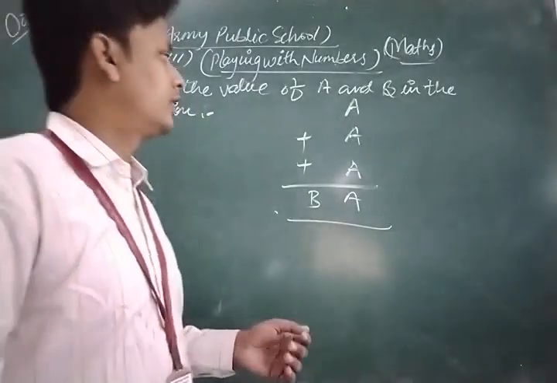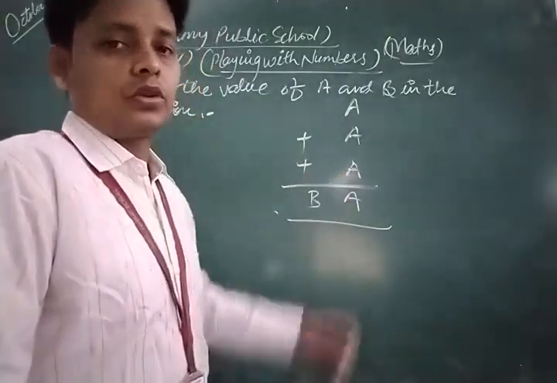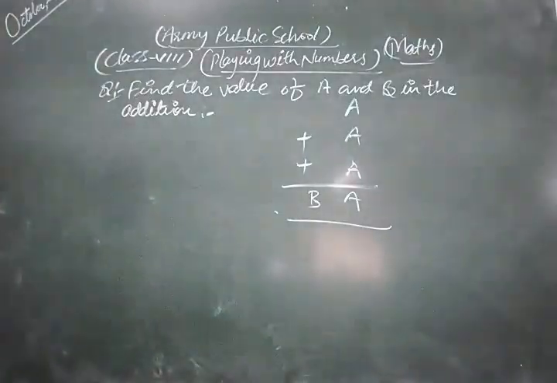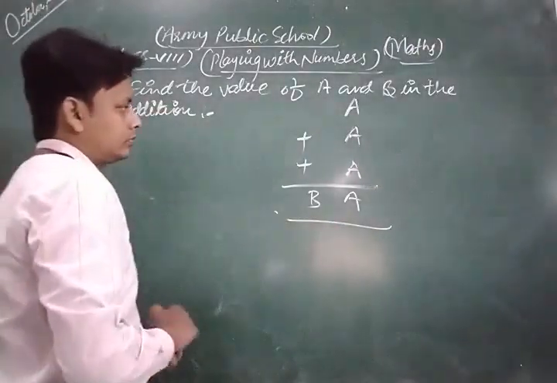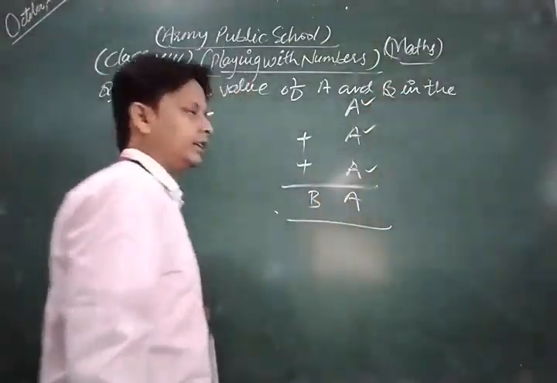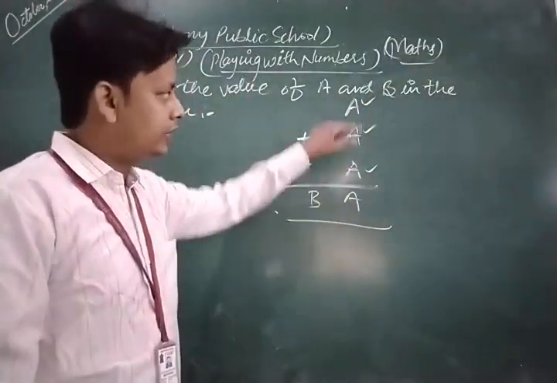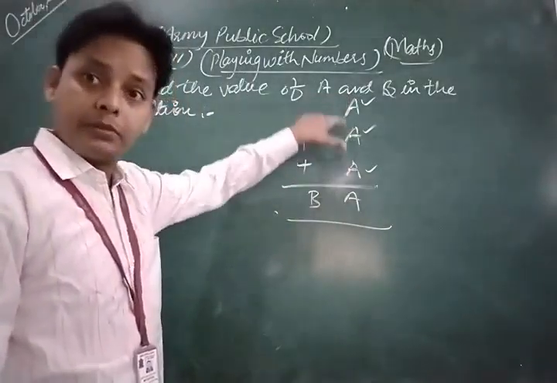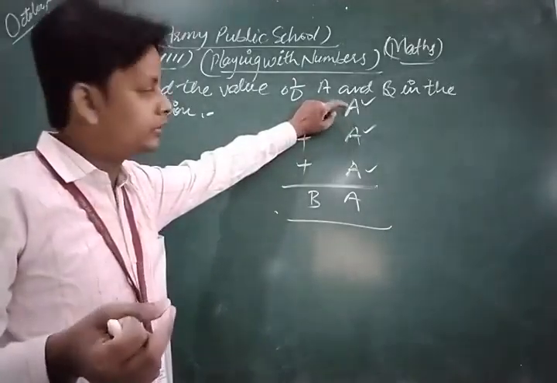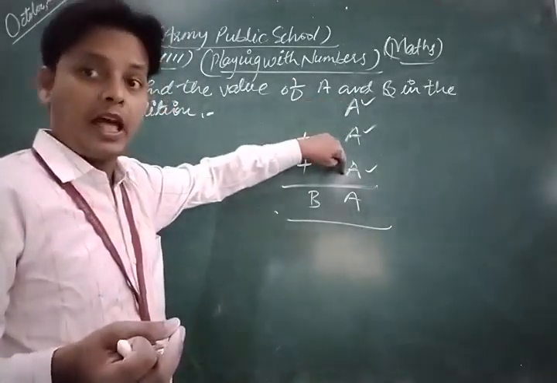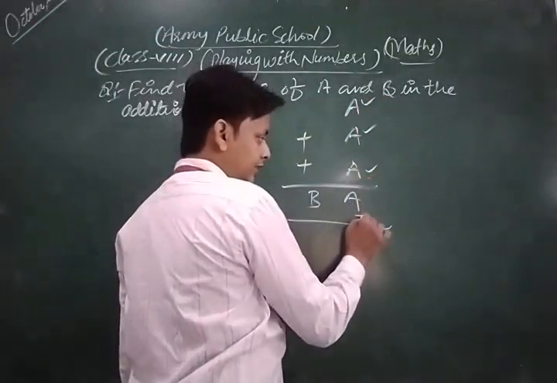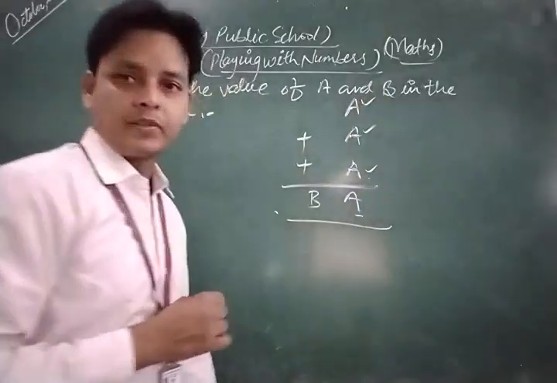So look, dear students, what is the process to solve that question? For that question, this is a and a, and if we add these three numbers, because this is the same number, we choose a. If we choose a as 2, then we write 2 plus 2 plus 2 is 6, and the result is 2 also, because here the addition of a and the result is a, all are the same number.